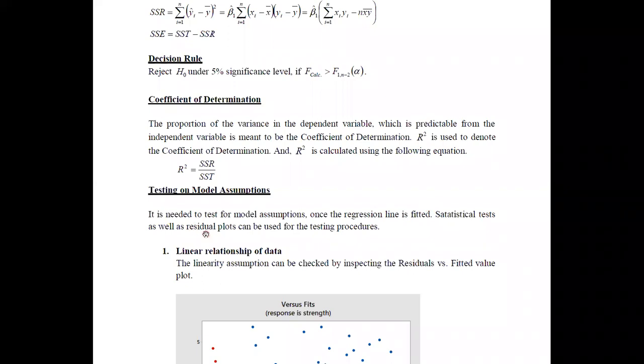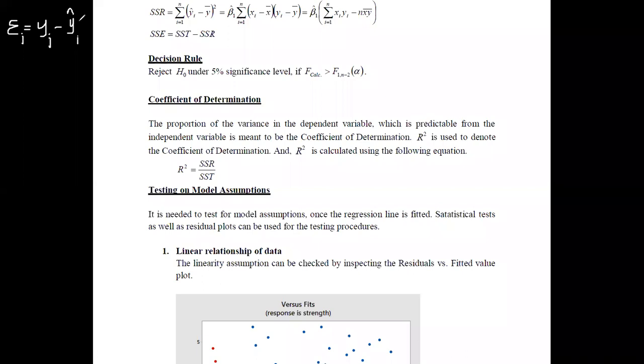Residual is another term for error. Errors are named as residuals in regression. Rather than saying errors, we can say residuals. We have previously defined the error of the ith observation as the difference between the observed and the fitted value.